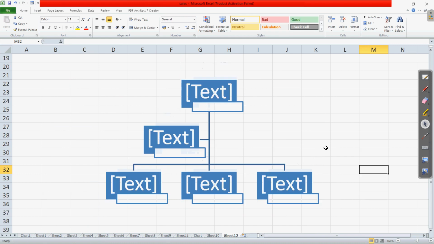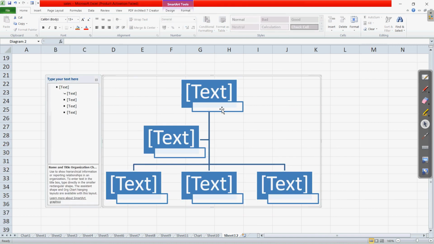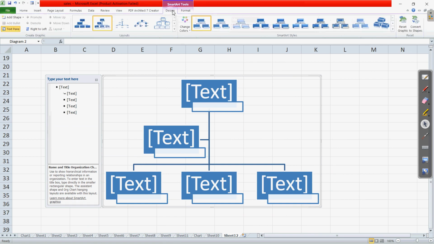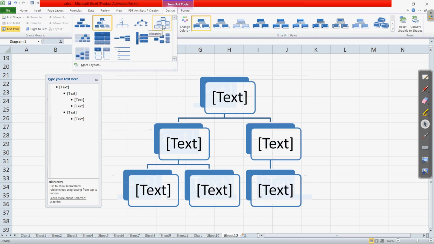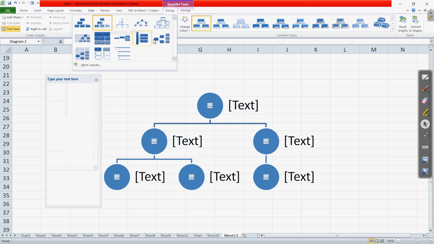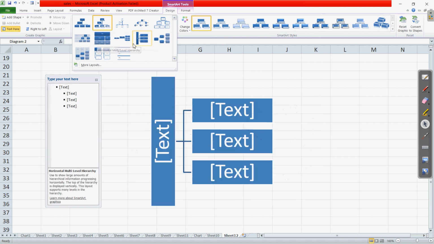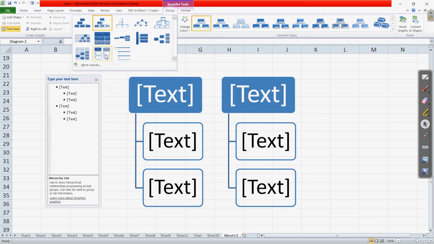So this one is, and not only this, if you want to change the design and format, you can see the design or format is also here in the smart art style as well as the layout. Clear? So you can change the layout from here also. Whatever the layout we want to use, we have the options for changing the layout.